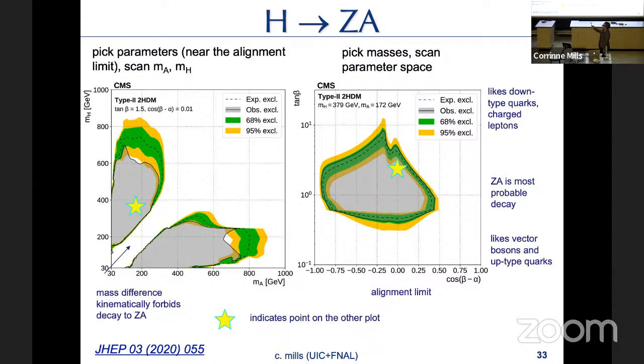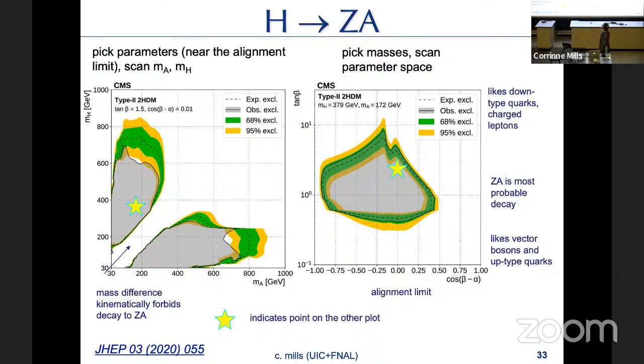Here we pick a point in the 2HDM parameter space and scan the masses, and on the right we scan the parameter space and look at a particular mass point. The star is the same point in both of these diagrams, which I find helpful for visualizing exactly what's going on here. And you can see that we hit kinematic limits above